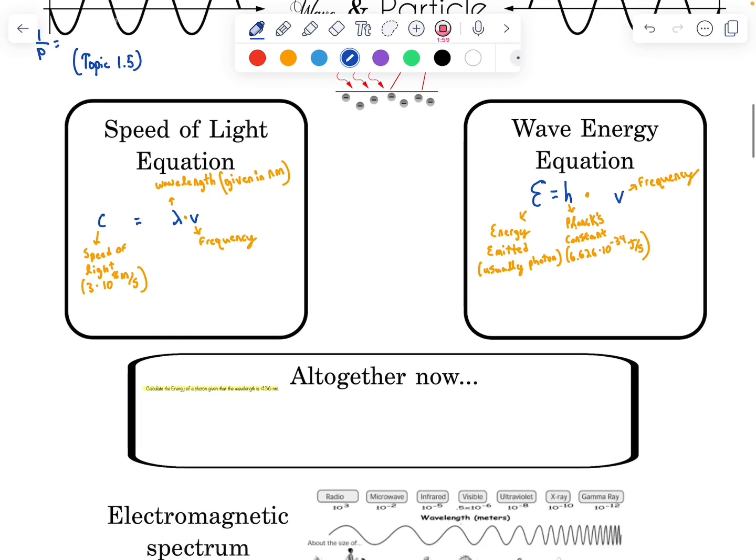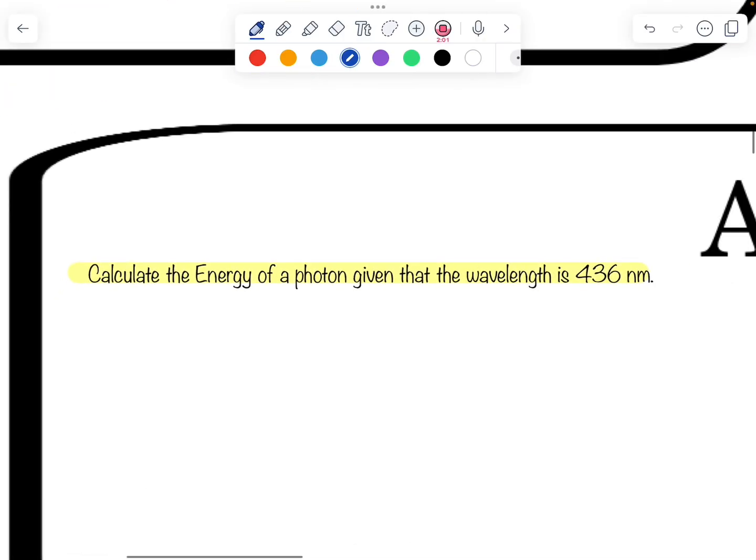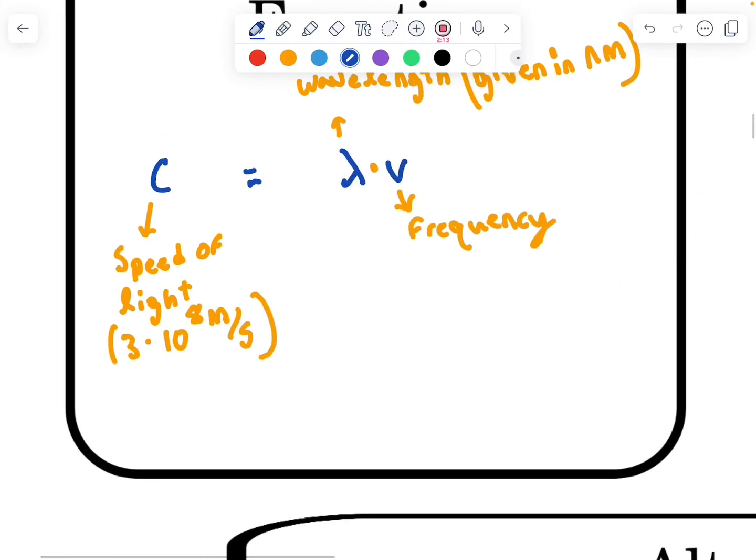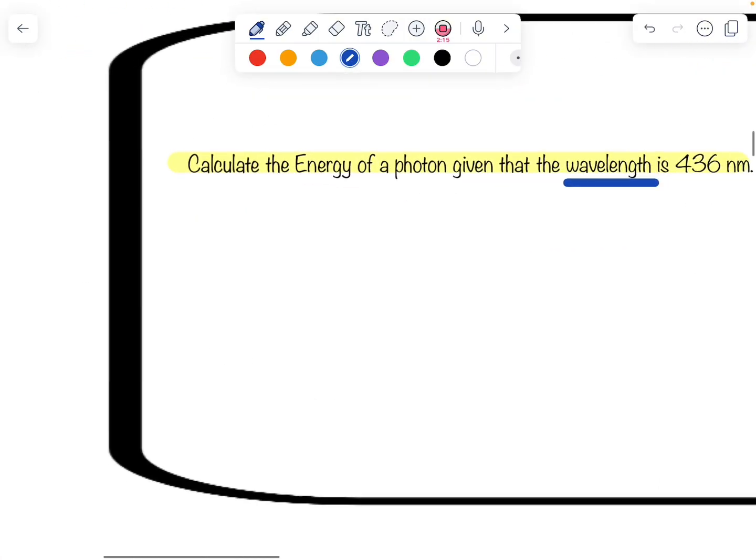So let's work on a practice problem. Let's calculate the energy of a photon given that the wavelength is 436 nanometers. Immediately what jumps out to me is that we know our wavelength, but we're looking for energy. And remember, wavelength isn't our energy, so we're going to have to use this first equation first. So we're going to say 3 times 10 to the 8th, our speed of light constant, is equal to our wavelength,